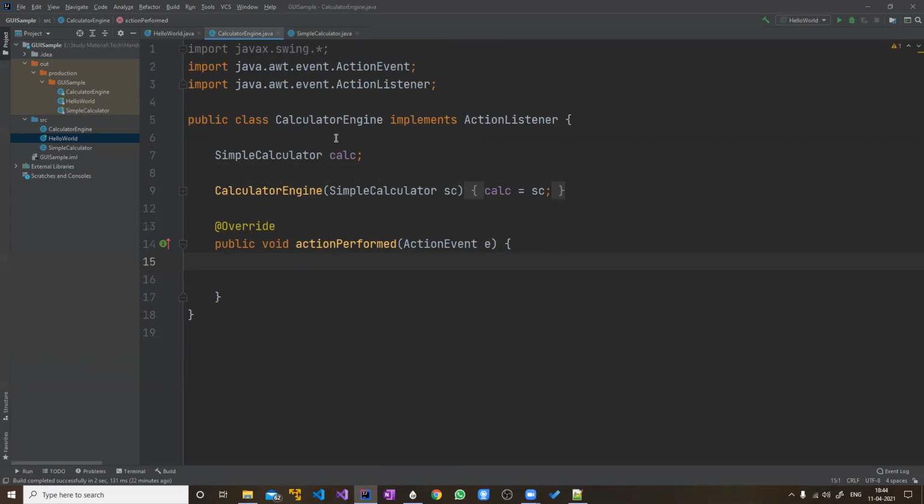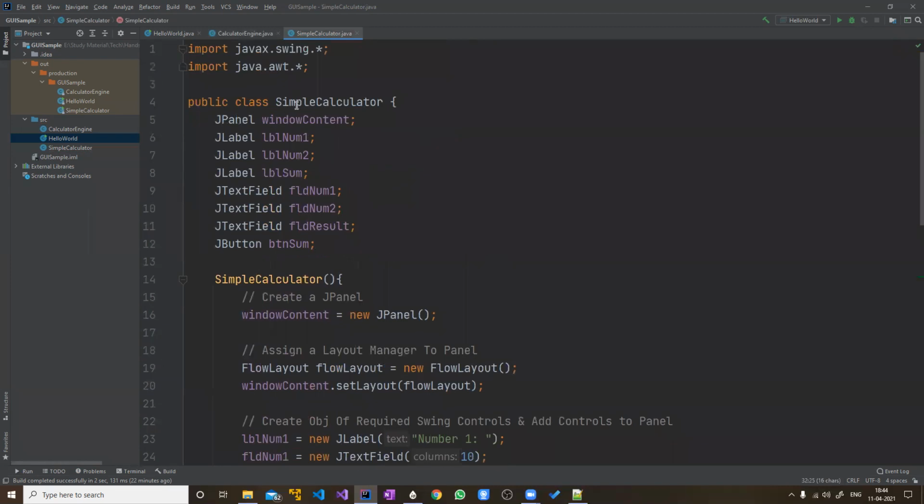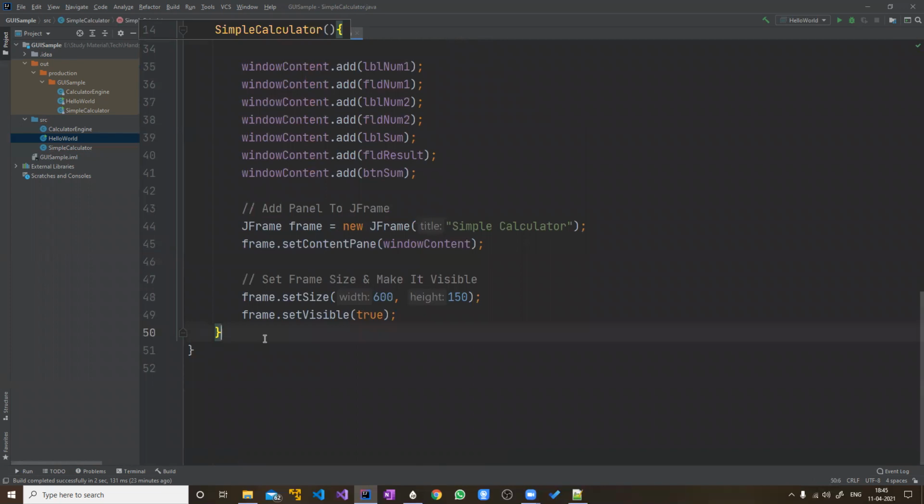So now we have two things left. We have to write the instructions for what has to be done when that action is performed. So this part is left. And obviously, you have this class and this constructor, but you have not yet created any object of this class. So we will have to do that as well. Now that can be done in a separate file. We can create a different file and do all these things, or you can do it here itself. It's up to you. Let's say we create a main function here itself.